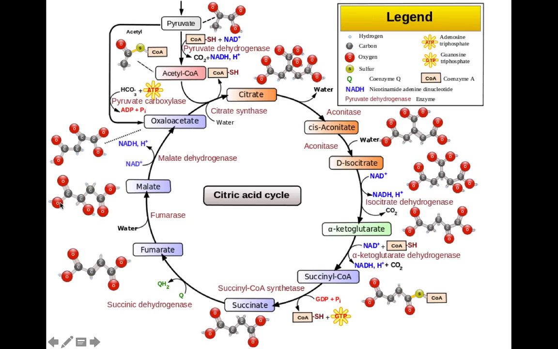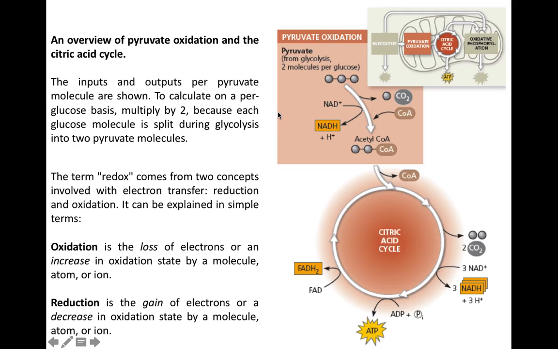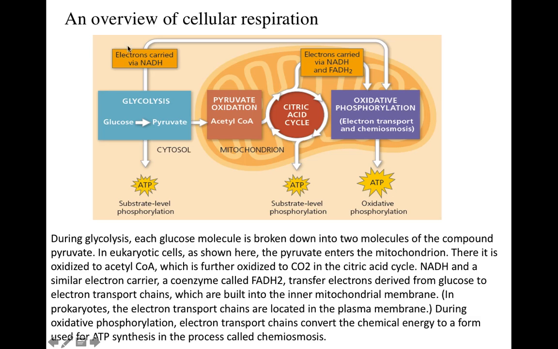So what we have studied so far, just an overview. Glucose is broken down into pyruvate in glycolysis inside the cytoplasm. Pyruvate is transported into the mitochondrion, where it is oxidized to acetyl coenzyme A. Acetyl coenzyme A enters into the citric acid cycle. We have studied the details that during the citric acid cycle, and during pyruvate oxidation as well, the electron carriers NAD and FAD carry electrons from different compounds, and they shuttle these electrons from the citric acid cycle to the electron transport chain, where